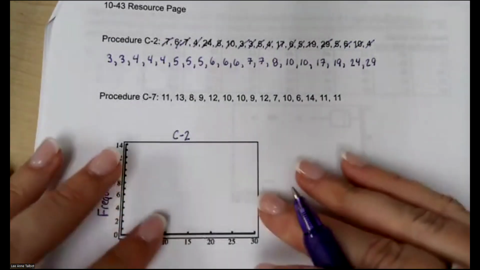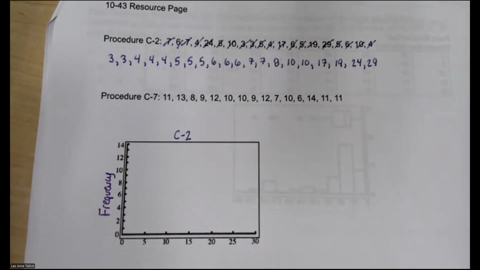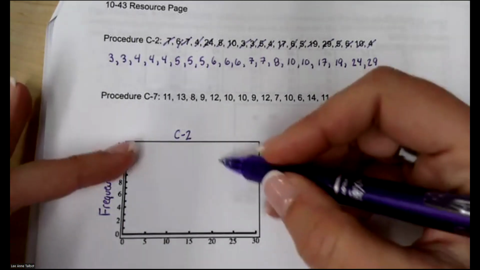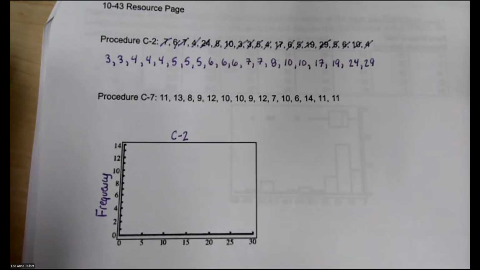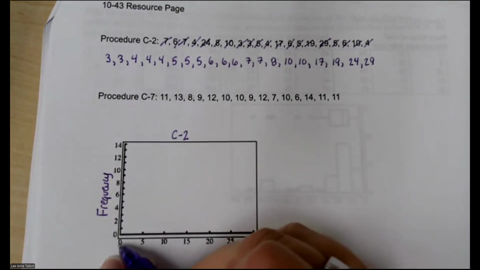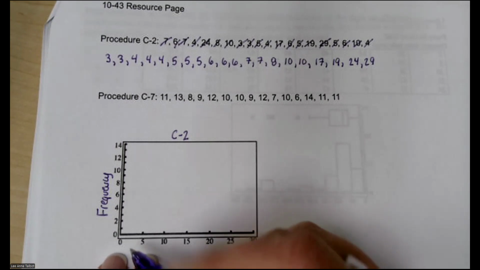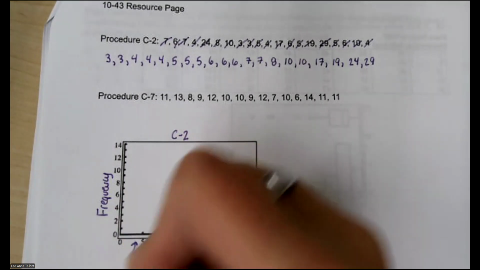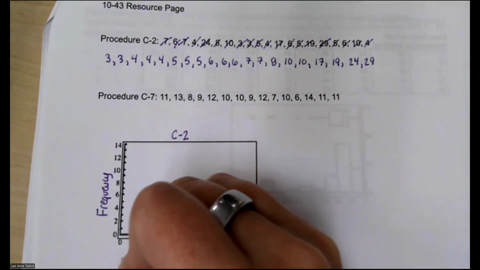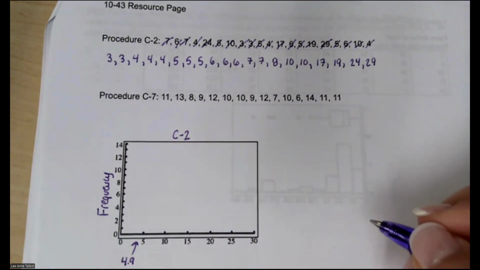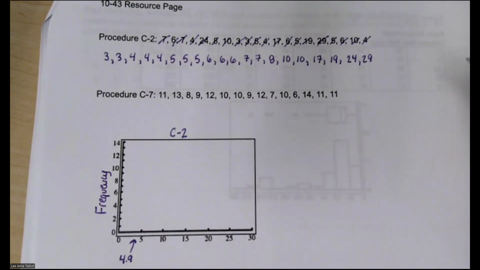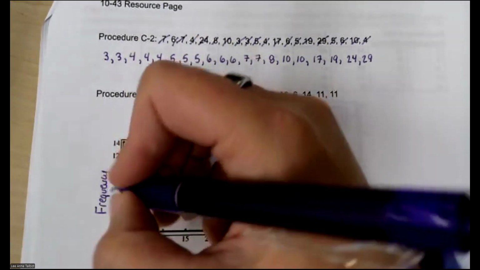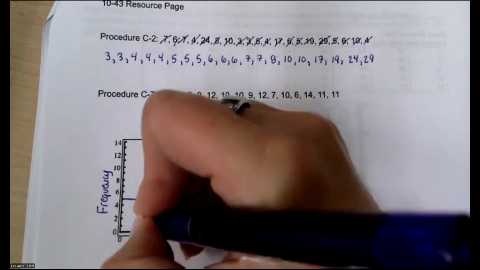Okay, so in my little box here, I'm going to do two things. I'm going to make a histogram, and then I'm going to put the box plot above it for a combination histogram box plot. And my first bin is 0 to 5, but remember, this is really 0 to 4.9. Okay, how many numbers are between 0 and 4.9? 5. Beautiful. So we're going to go to 5.